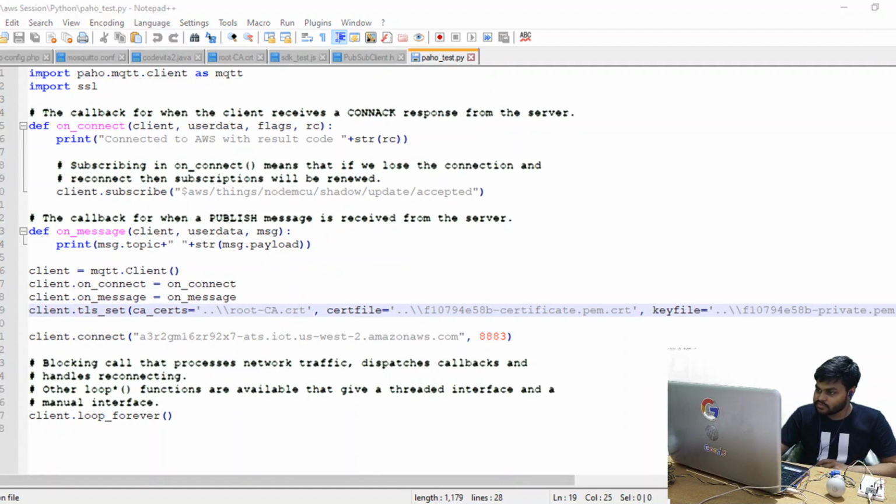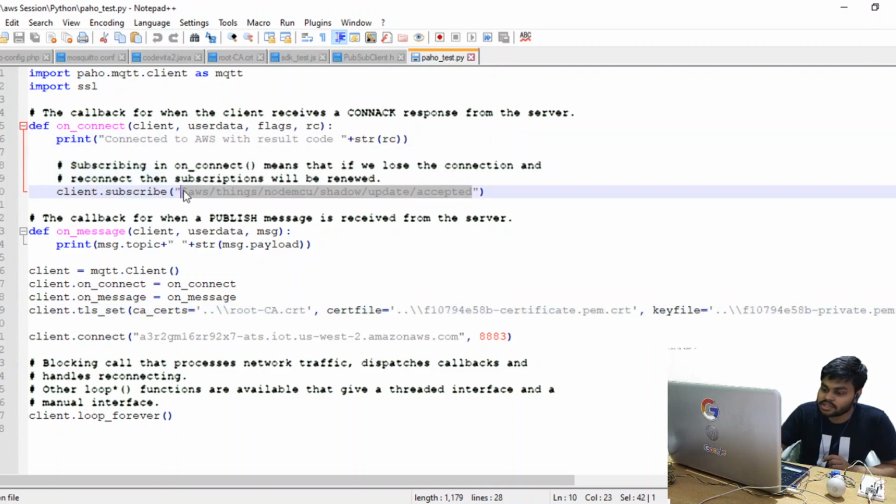This is not very tricky, this is a very simple one. So we have this subscribe topic. As soon as we connect, we will subscribe to test, and as soon as we receive some message, we will also publish some data.